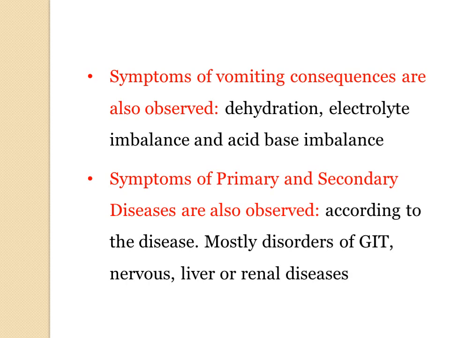Vomiting also causes loss of water, dehydration, electrolyte imbalance, loss of potassium and chloride deficit, and that leads to alkalosis in the body because of loss of acid, and acid-base imbalance. There is loss of chloride ion, meaning acid is lost. So the body will become alkaline.